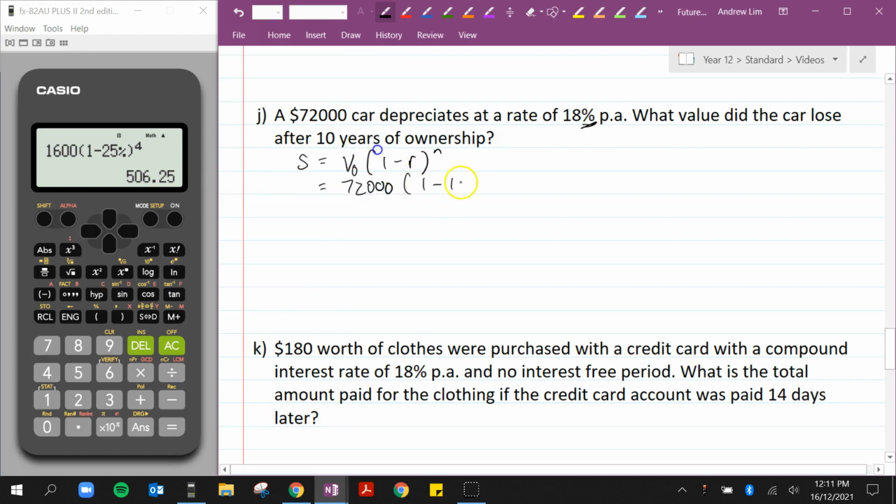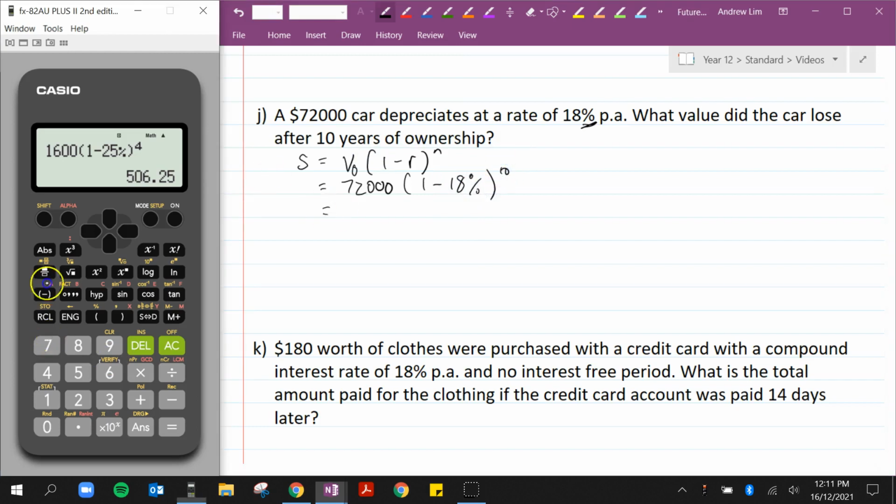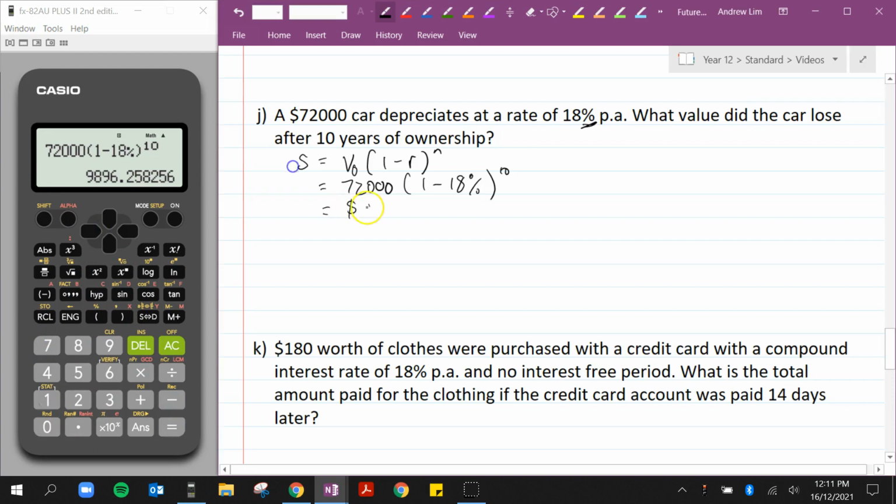The rate is 18% to the power of 10. 72,000 times 1 minus 18% to the power of 10 is